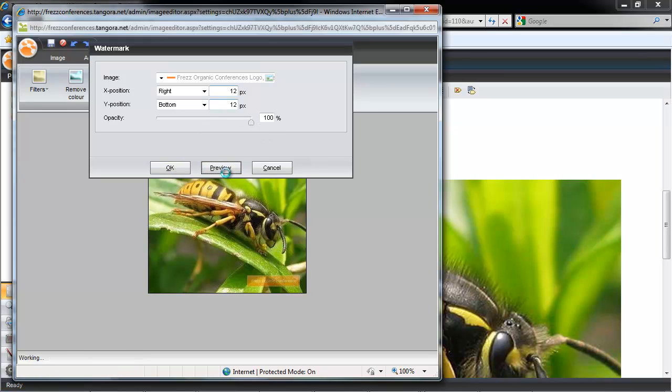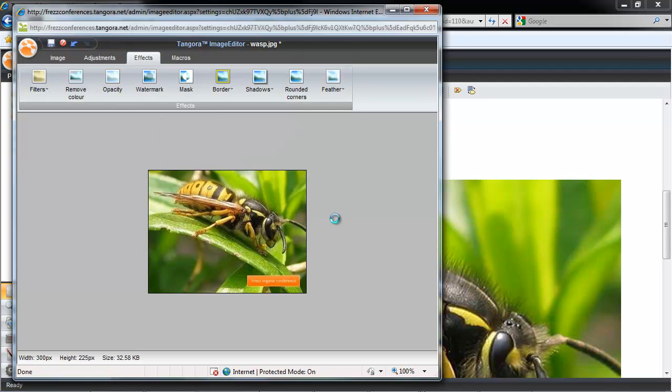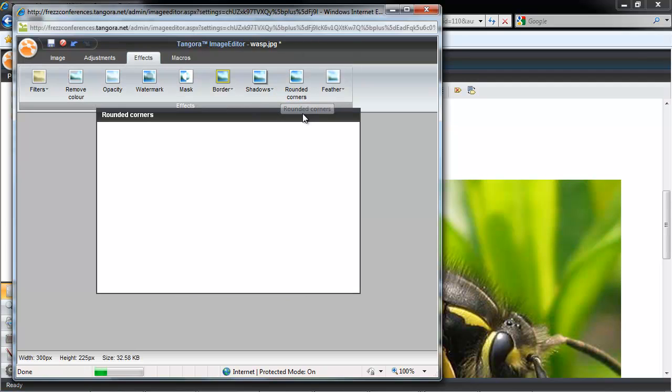And then we have opacity that we could adjust as well. If your logo is a bit bigger than you wanted, remember that you could simply adjust your logo's size using Image Editor, maybe making a copy of the image using our built-in Save As function. Maybe I wanted to add some rounded corners.